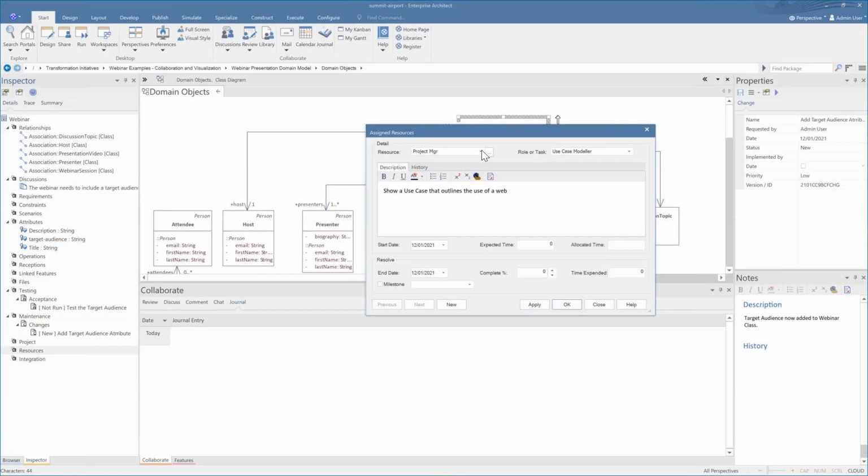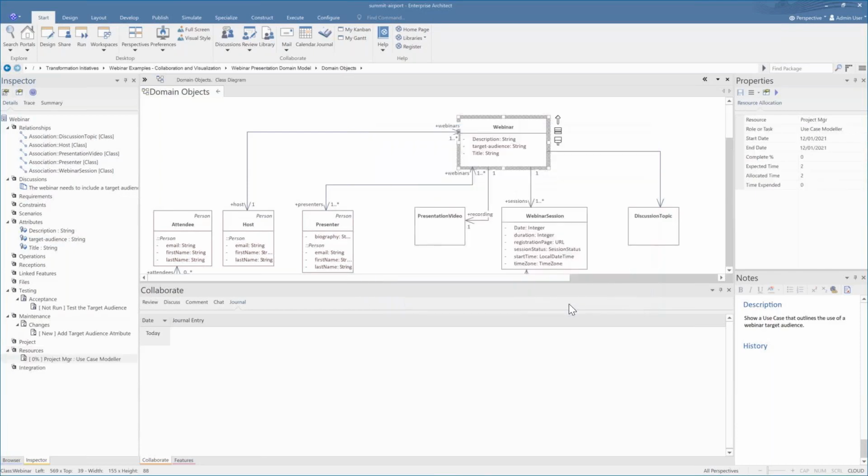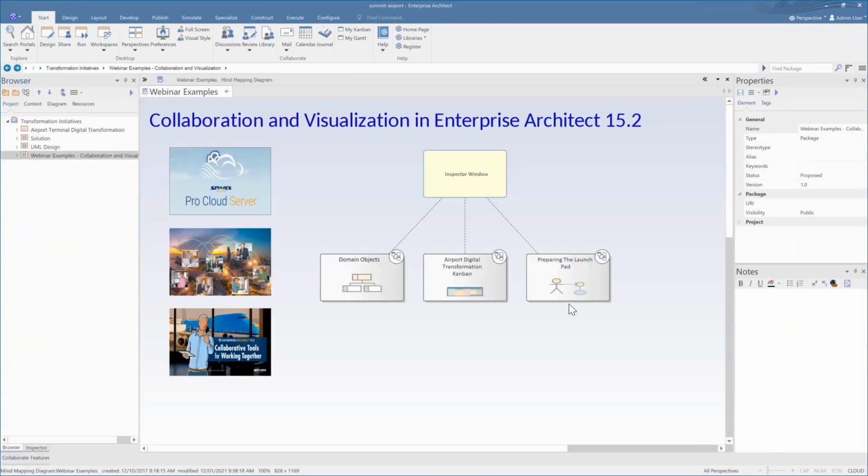And all of this has been done in less than 5 minutes, and it significantly improves the workflow for how you work and how you interact and how you get things done on a day-to-day basis. And you can see from the dialogue that you can set expected time and allocated time. So right now I'm going to switch back to our airport example to show something a little bit different.